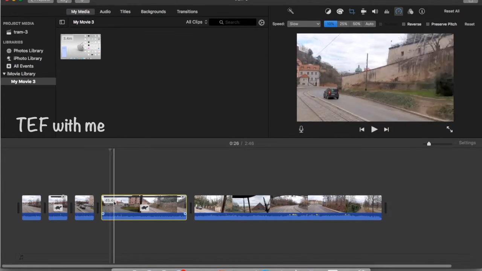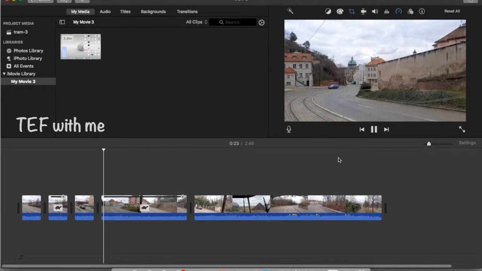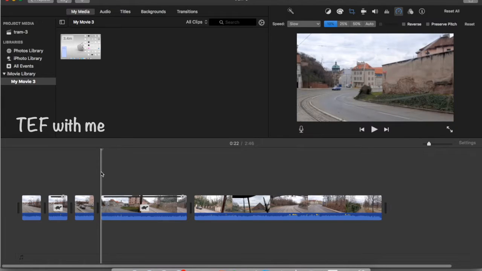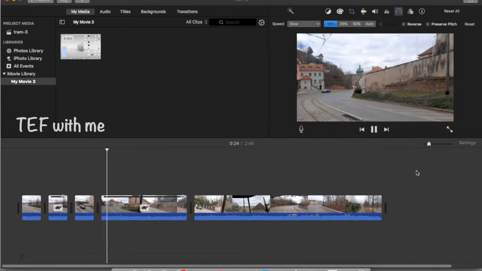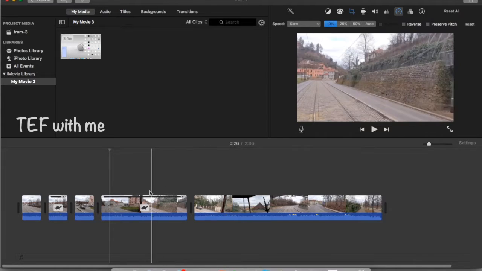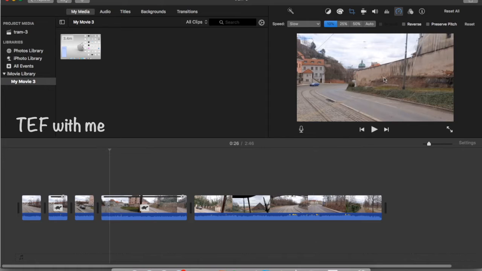I am clicking this play button here. See, now I am clicking this play button here. Now it will move very slow. So like this we can make the movie file into very slow motion. Now I will tell you how to make it very fast.